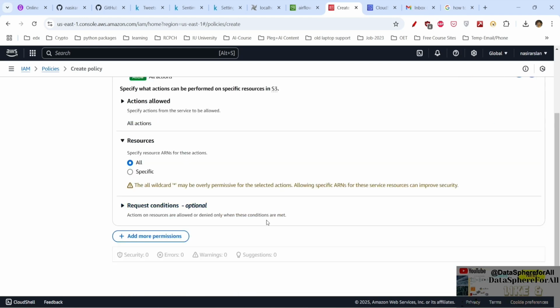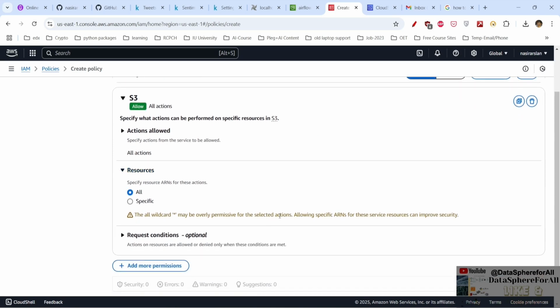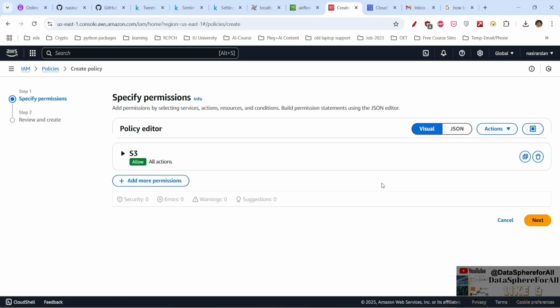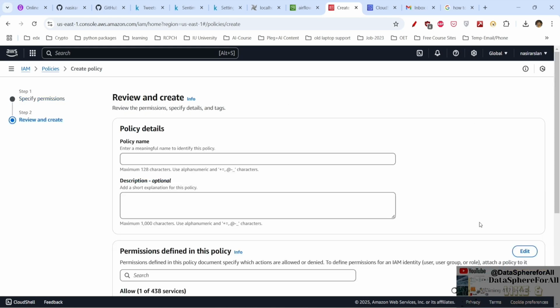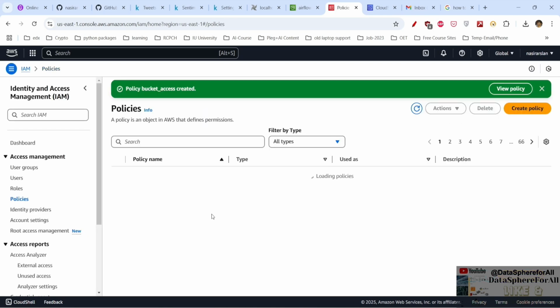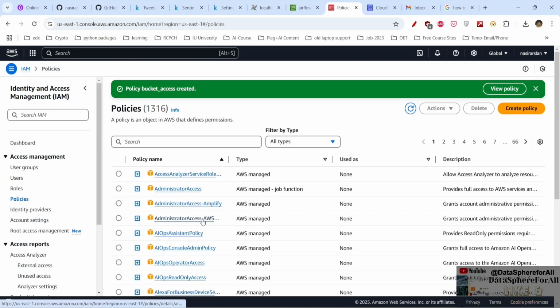For now I will click all, so we don't get any errors. This is the JSON of this policy, or we can put our own policy in JSON format, and then click next. We need to give a policy name. Let's see, bucket access. This will be our policy name, and let's create that policy. So our first step is complete. We have created a policy in which we have given access